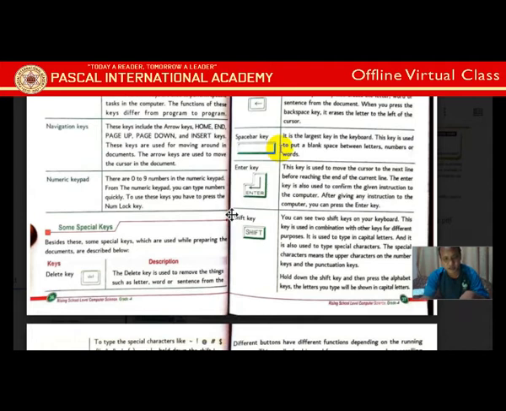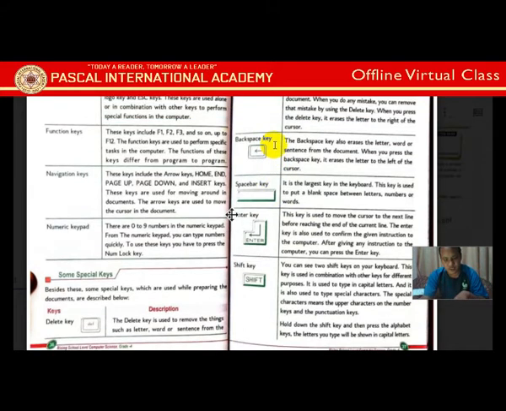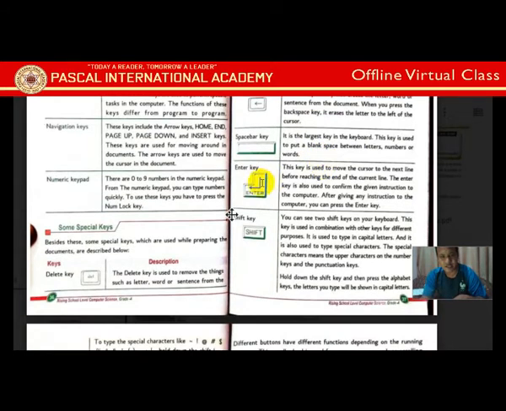Another is the space bar key. What is the space bar for? Space between any text. And in games, what do you use the space bar for? You use it to jump. Have you any experience? Whenever you are playing a game and you need to jump, you press what? Space bar. Another is the enter key, and this enter key is a little bigger than others, because whenever we type something, we need to press the enter key frequently. That's why it's bigger. The shift key and enter key are bigger. The enter key makes a new line. Wherever you are in the current line, if you press enter, it will go to a new line.